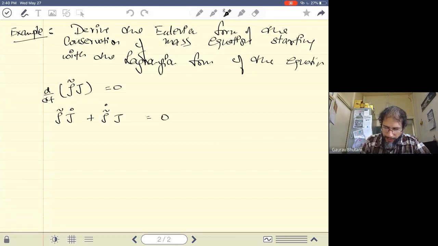Now, if you remember, J dot was the divergence of velocity times J. We had derived this two lectures ago, so we can use this property. So this becomes rho tilde